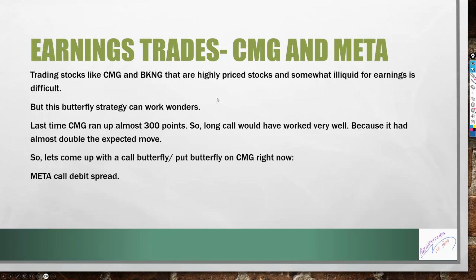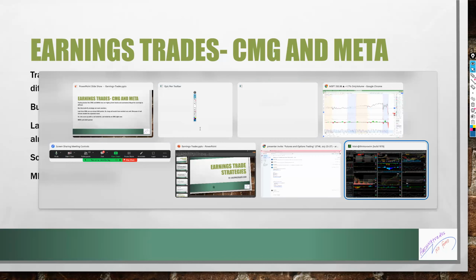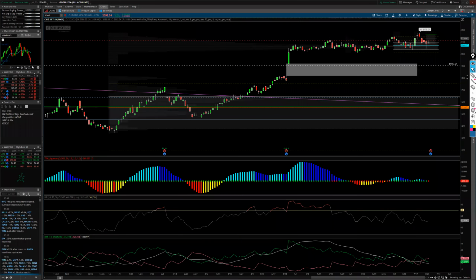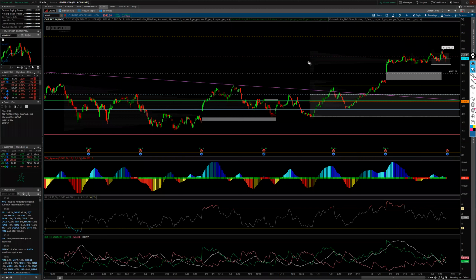Let's go to Thinkorswim and see what we can do for CMG. I haven't seen CMG, but I know last time it gapped up 200 points, okay? I will look at the option chain and come up with what kind of trade we can do. You have two options here. You think it comes down to fill this gap, or it goes up for this, okay, fib that I have.